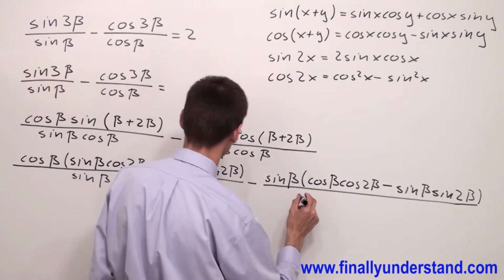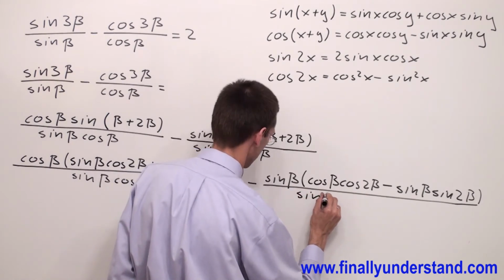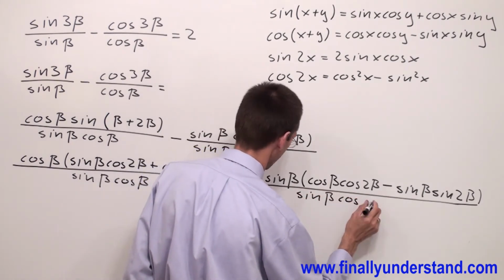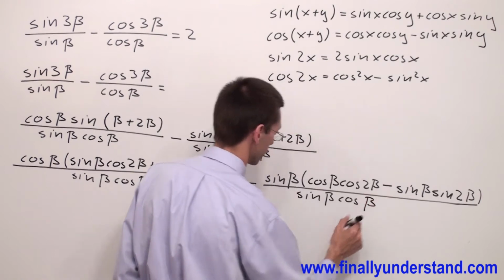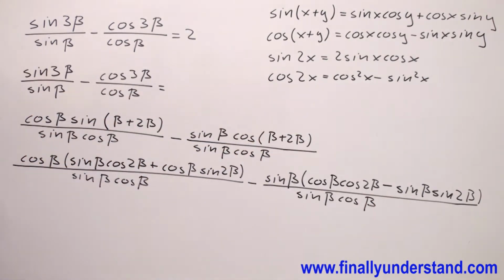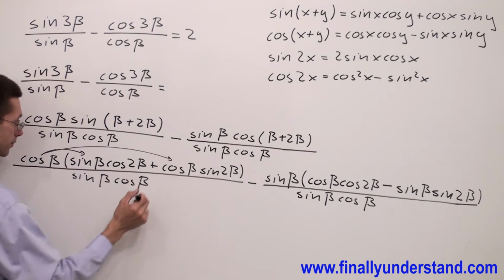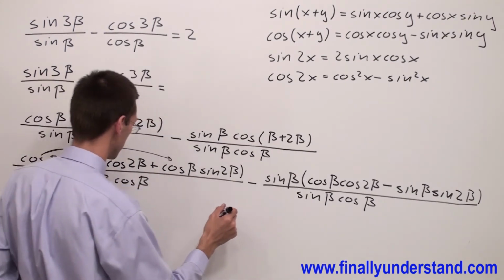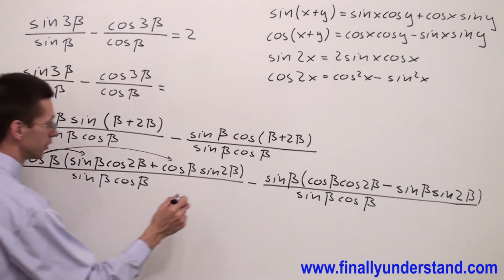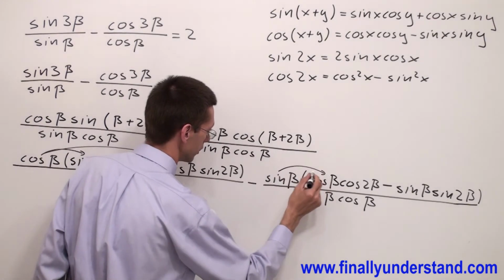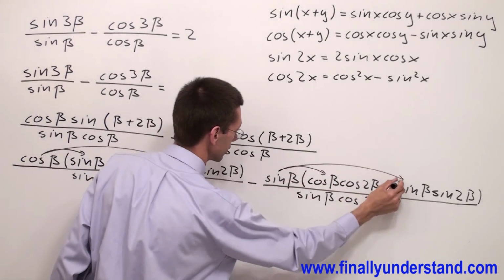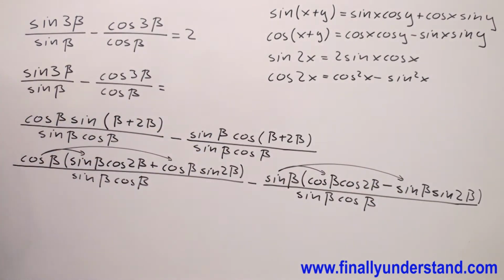Of course, over the common denominator I have sine beta cosine beta. Next, we're supposed to perform the multiplication. We're supposed to distribute this cosine into the parentheses and this sine into these parentheses. And we are going to have